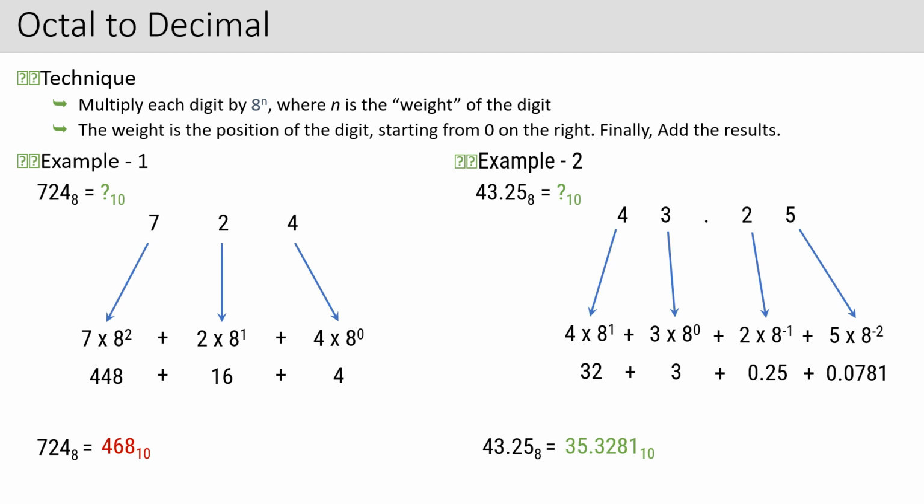Now, in the examination, just to confuse you, we may give you a number and ask you to identify whether it is octal or not. So how can you identify it? Suppose I give you this number, 35.3281, and I'm not giving you the base. I'm asking, is this number an octal number? Some students get confused. They see the 8 and say yes, it is an octal number. But remember, 8 is not an octal digit. An octal number consists of which digits? 0 to 7. So it may come as true or false.